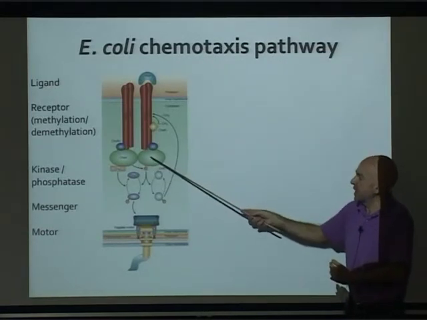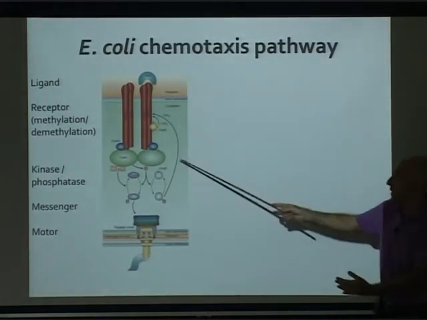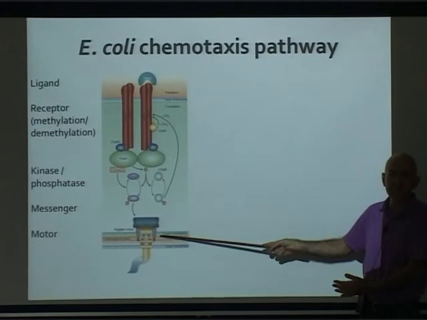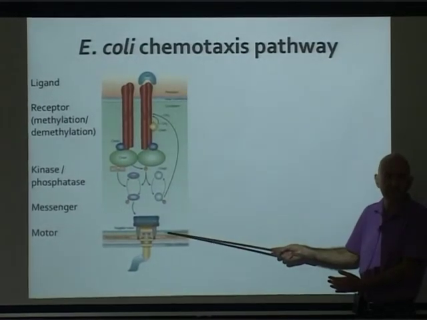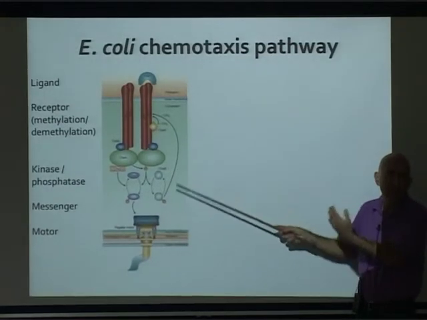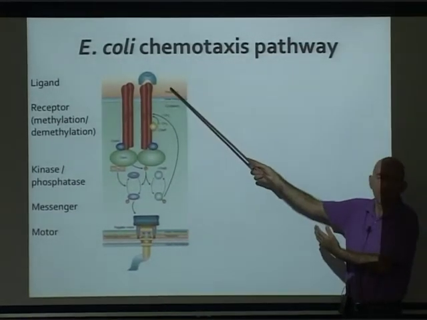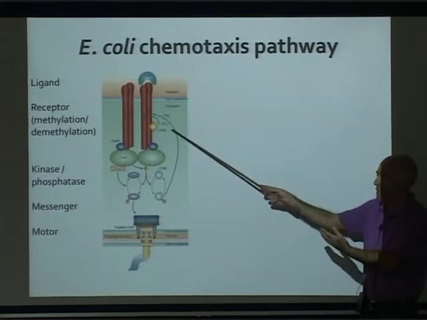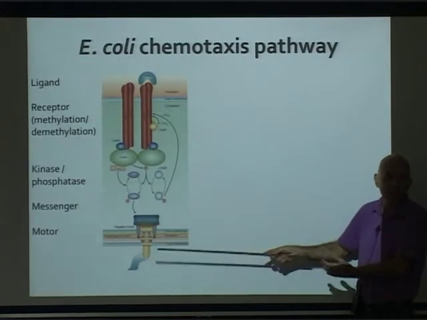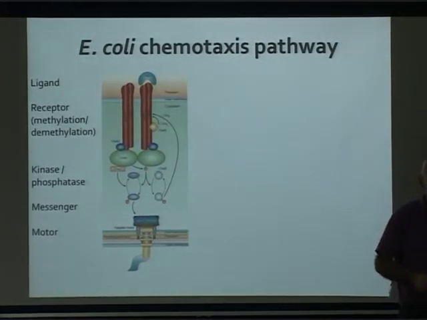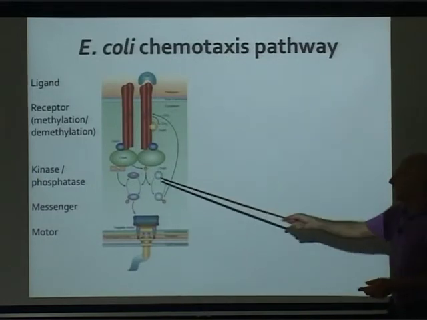This state of phosphorylation is actually relayed to another molecule, because eventually we need to put ourselves into communication with the motor. So this signal has to affect the motor behavior. If there is an attractant, the motor will have to change direction of motion. So we must convey this signal from outside to inside the receptor, but then from the receptor to the motor. So we need some protein that carries the message inside the cytoplasm. And this small protein is this CheY,